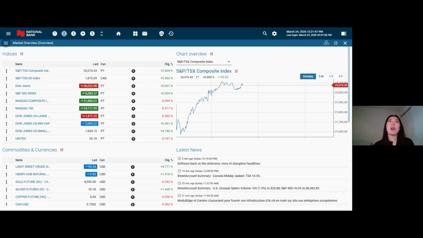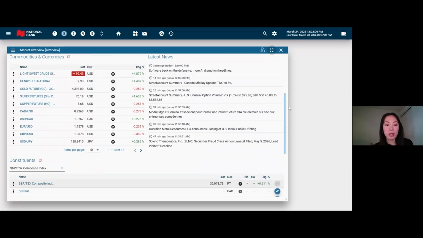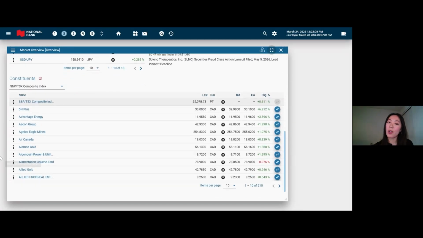And this is where it includes all the major Canadian and US indices along with the correlated chart for that index, so commodities and currencies as well. You also have the latest news. You can scroll just a little bit down, and this is where you'll be able to see all the companies that are within that